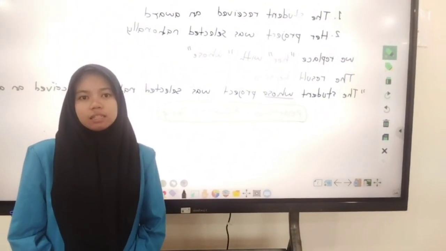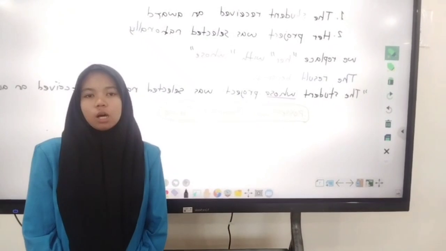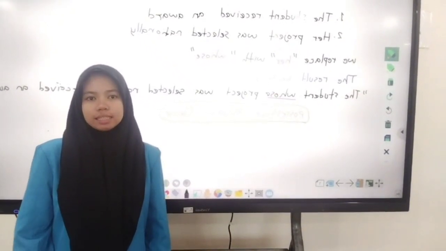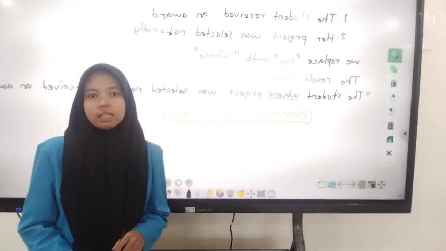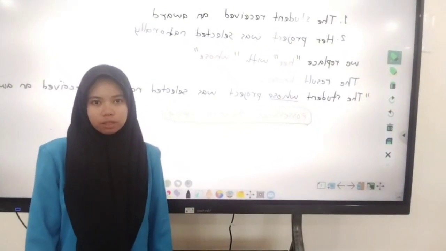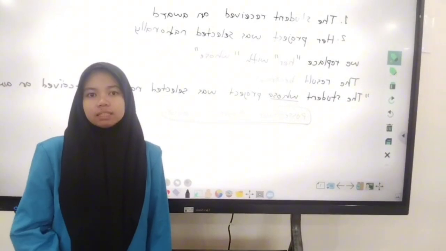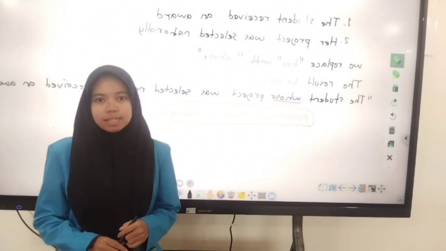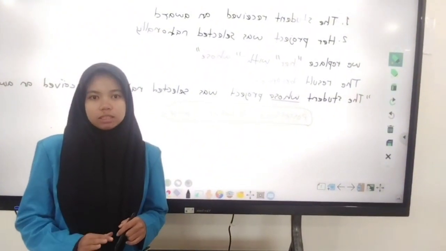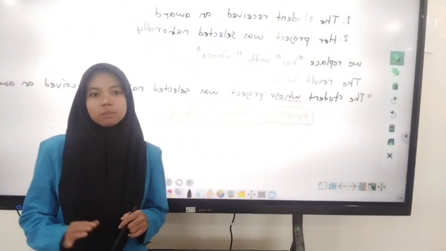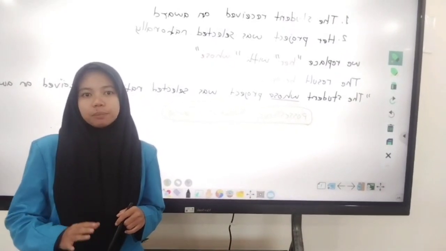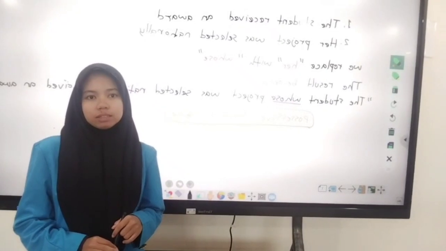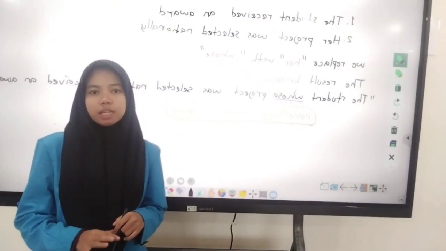Now, let's identify the clauses. "Which is one of the most famous historical places" is a non-defining clause. "That was built many years ago" is a defining clause. "Who explained the history of the island very clearly" is a defining clause. "Whose traditions are still preserved today" is a possessive relative clause.